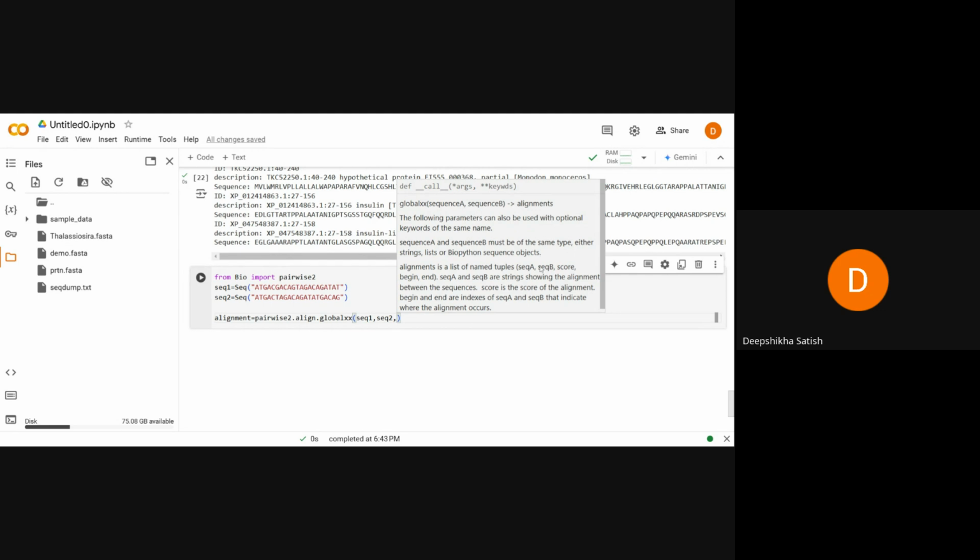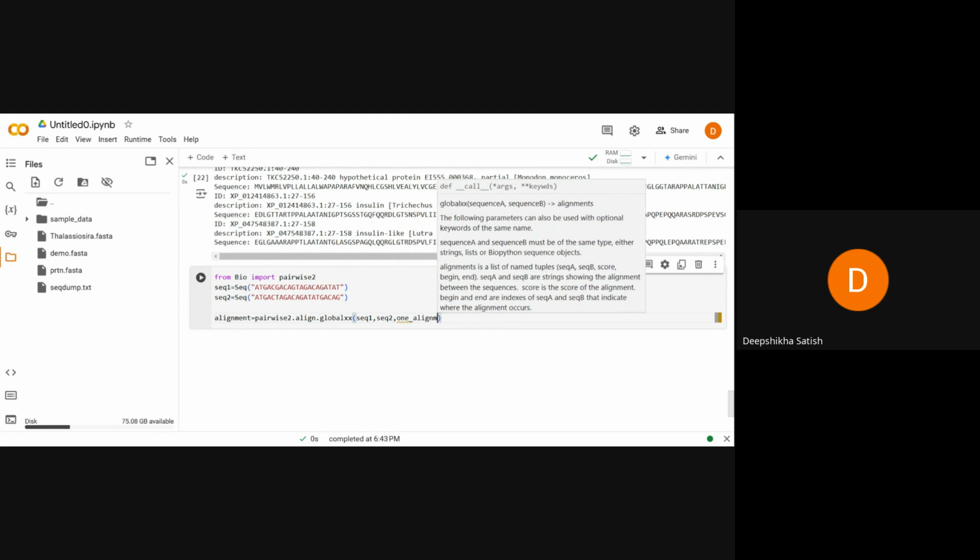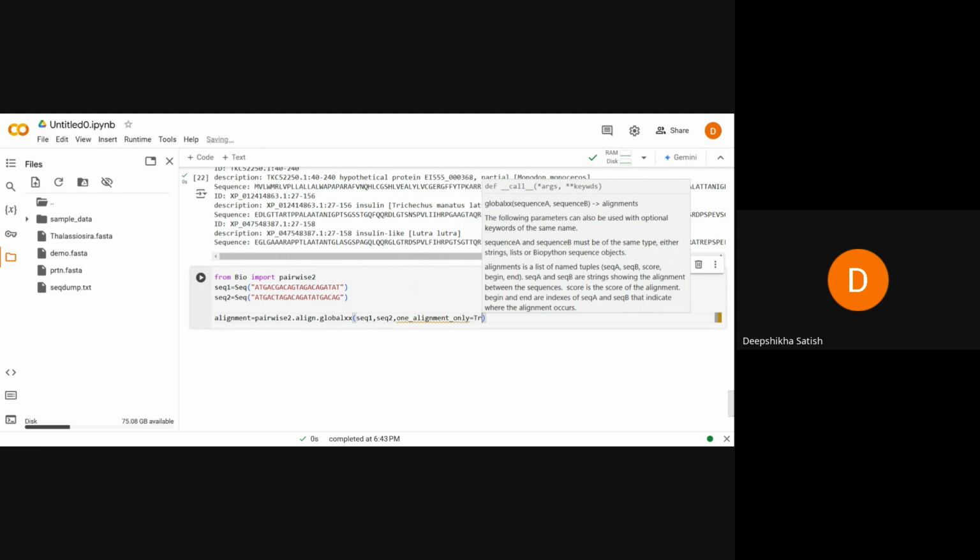Then we are calling this seqA and seqB string, which shows the alignment between the sequences. So let's first provide one parameter, one_alignment_only. So we'll get the optimal alignment. Let's keep this True. Okay,